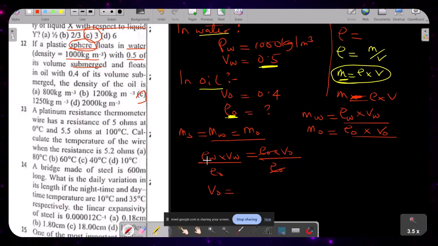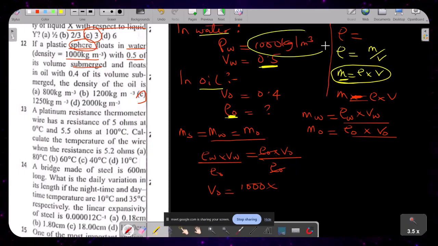What is the density of water? The density of water is 1000, look at it here, I've written it out. Then what is the volume of water? The volume of water is 0.5. So I'm going to write it here, times 0.5 all over